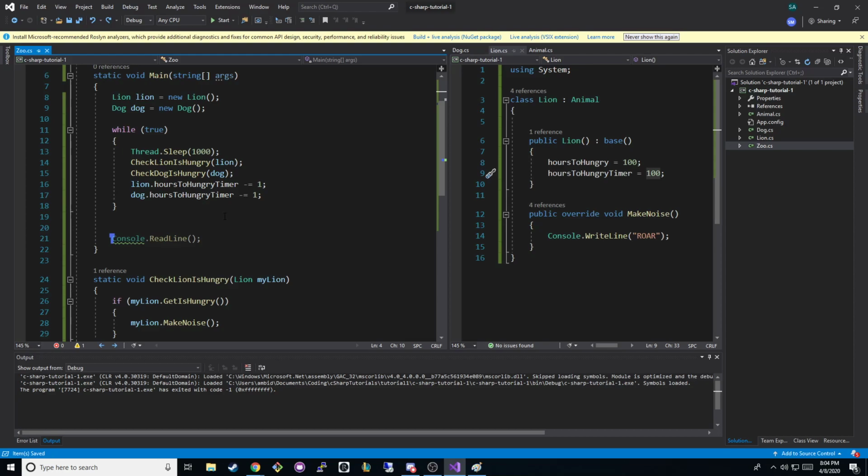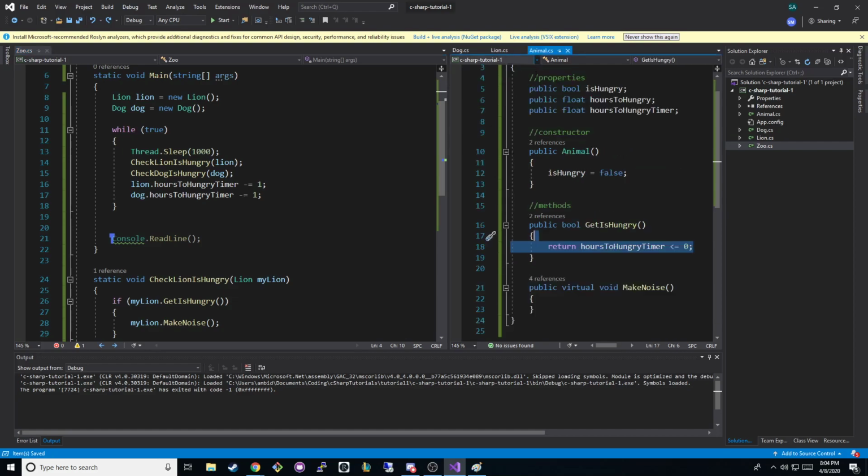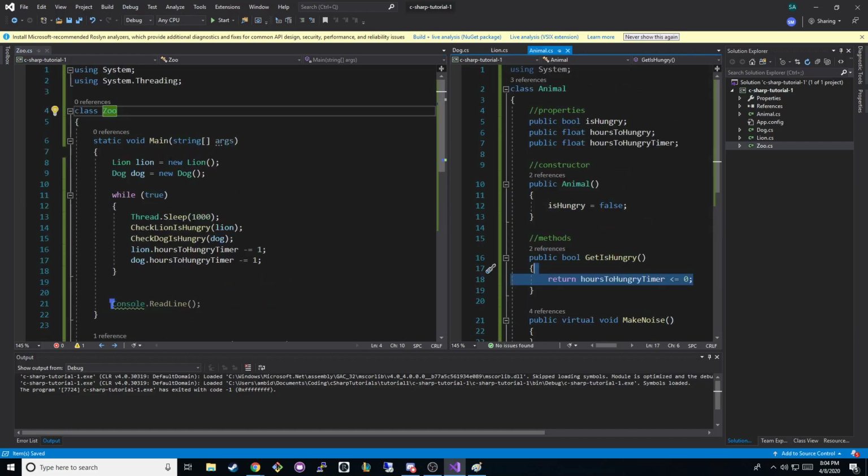the questions are done. Okay, so Andre said, slightly off topic, is there a way to have the base class but have it not accessible? So I would be able to call a new lion and a new dog, but not new animal. I believe you can make the actual animal class. Okay, so what he's saying is you can do this, but you could also do